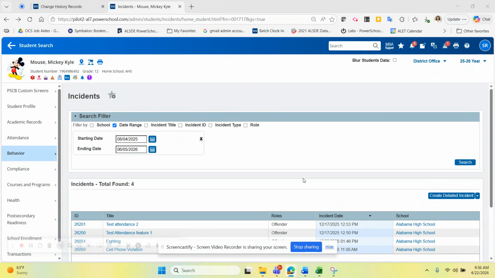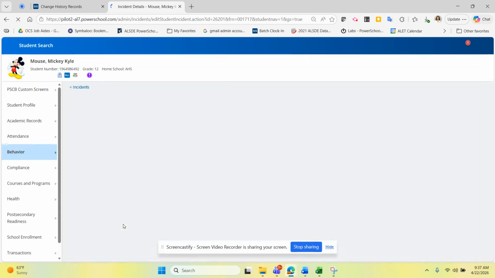So from time to time, we need to go into change history and look to see what has changed on a student record. And sometimes we need to see when a student record or who might have deleted a student record. And in some of our screens, that information is not on the overarching screen. For example, in incidents, notice there is not a change history area on the overall incident page. You have to actually click into the incident record to be able to see the change history log of this